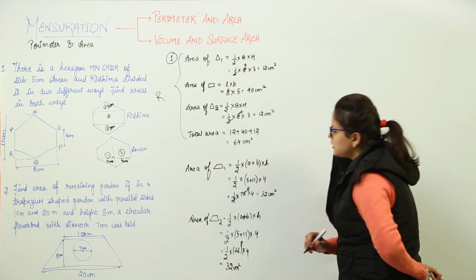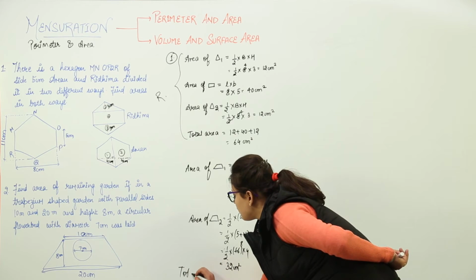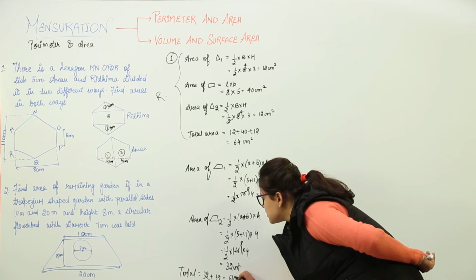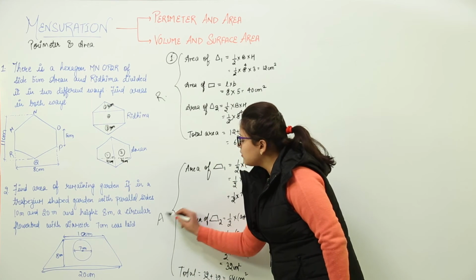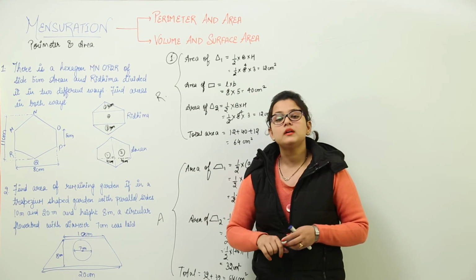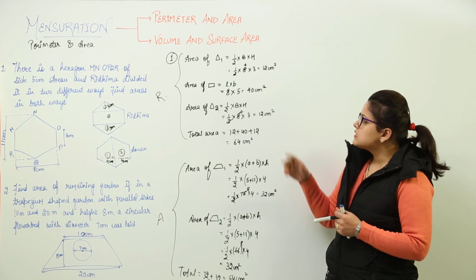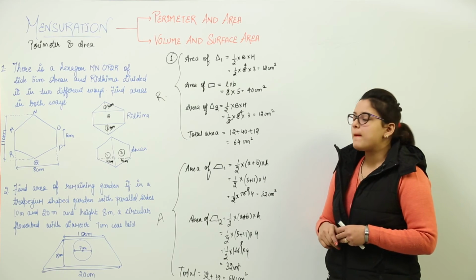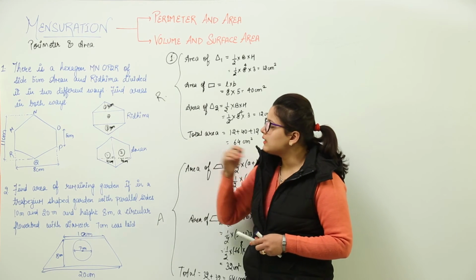Now again, what is the total area coming out to be? The total would be equal to 32 plus 32, giving us 64. Now see, this question is proving itself that no matter in whatever shape you divide your polygon, when you do it together, you will get the same areas. See, Ridhima has divided it in one way and Aman divided it in a different way, but still they have got the same answer. So that is how we calculate the perimeter and area.